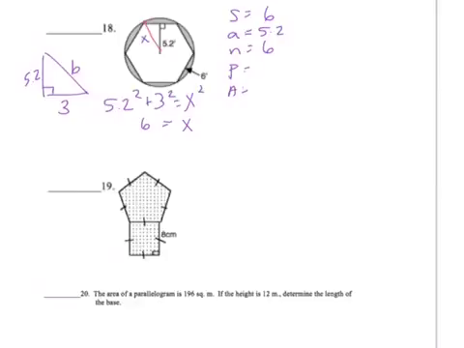So my perimeter is 6 times 6, which is 36, and then I just take 36 times my apothem divided by 2. So 5.2 times 36 divided by 2, and that's 93